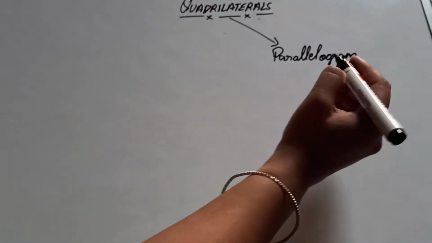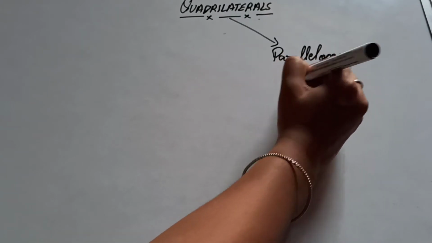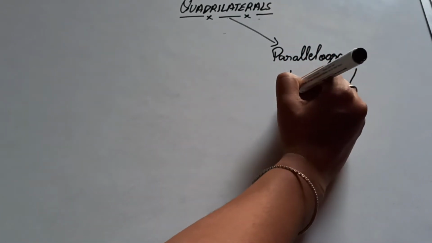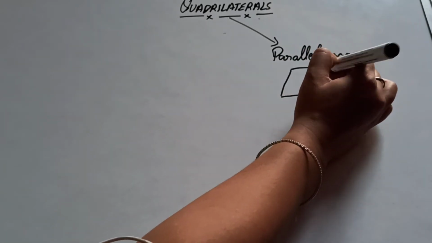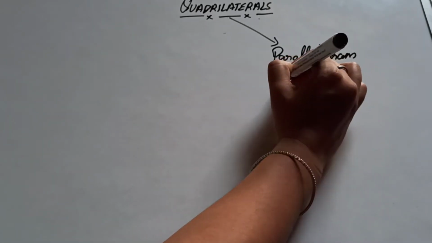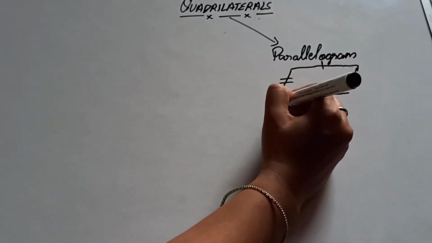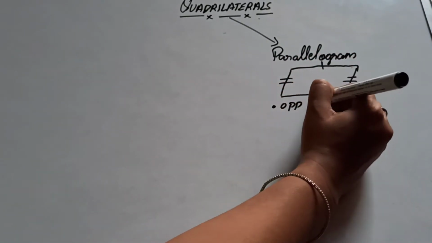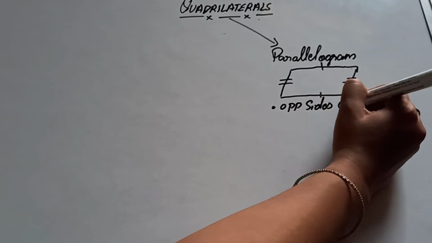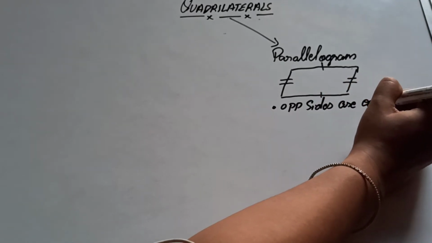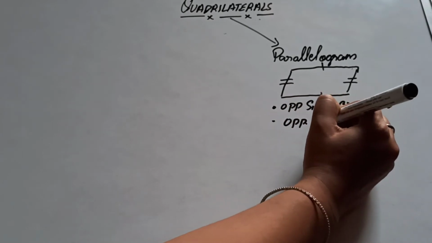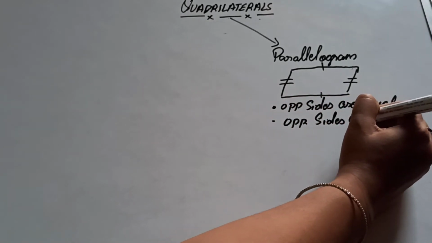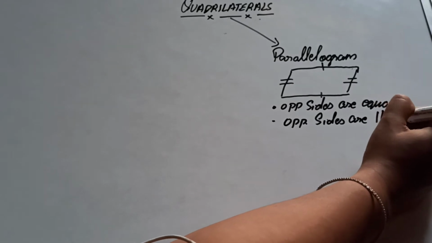A figure having opposite sides parallel and equal is called a parallelogram. So the first property is opposite sides are equal,